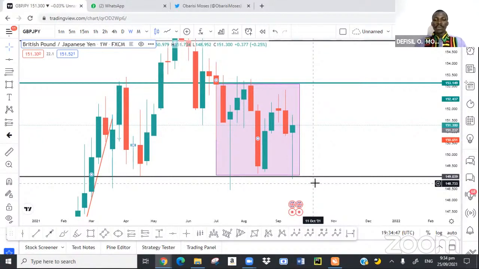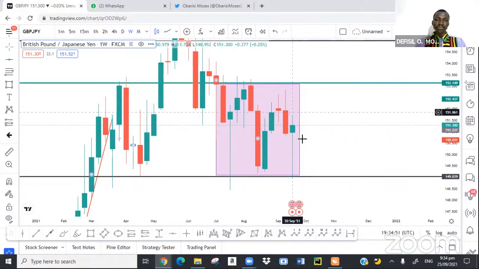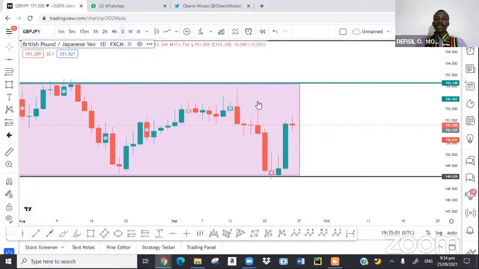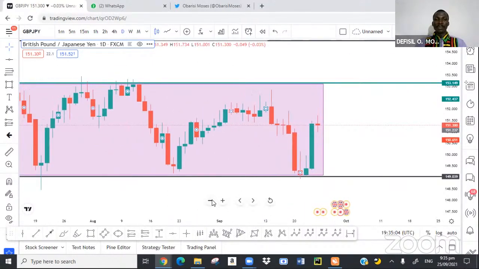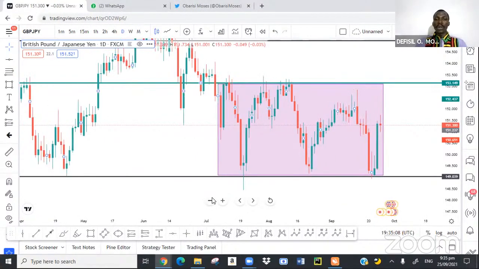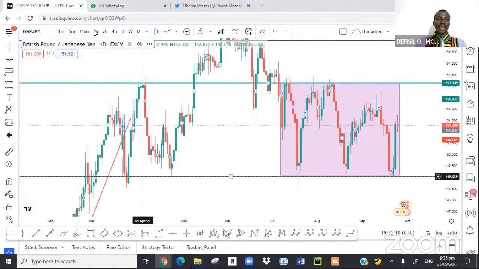We'll wait for the market to break in either direction and retest before we take any of the movement that we intend to take. So that is on the weekly time frame. Then on the daily time frame, we will also look at the same thing. On the daily time frame, the range is even more obvious, while on the 1 hour,